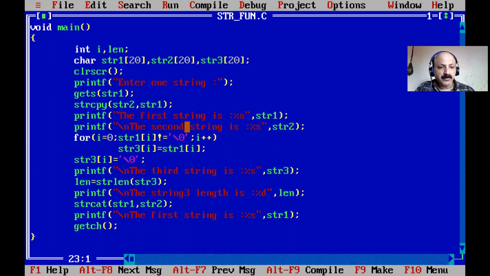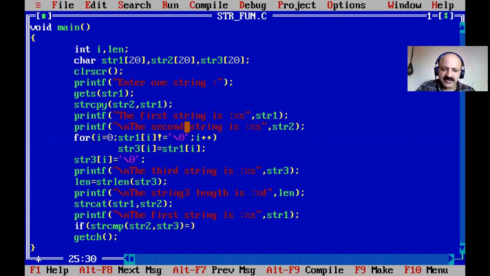And now comparison. So here next we can take two strings. So if condition. So here I use the string comparison. So that is str, and that's cmp, comparison. So here I compare our copied string. So that is string 2 and string 3.